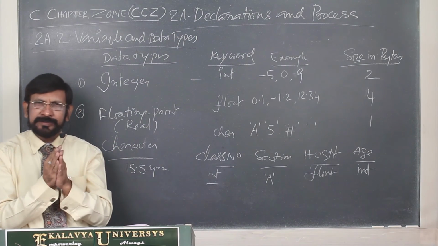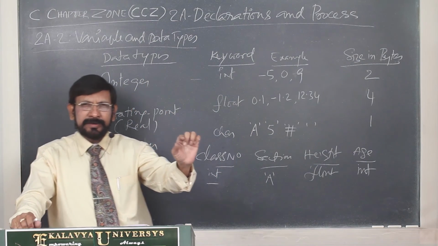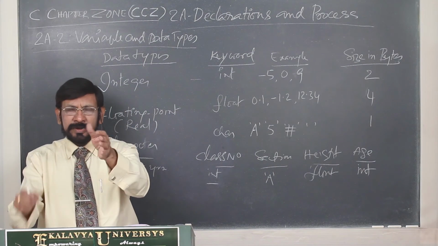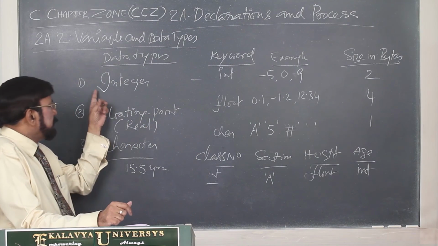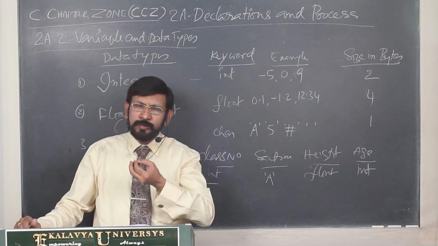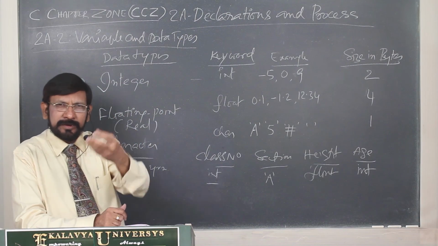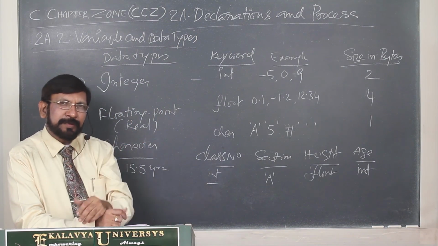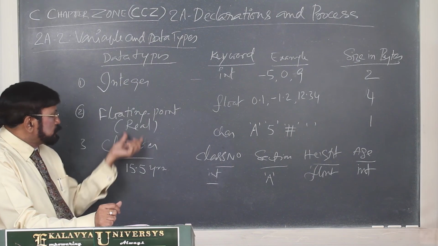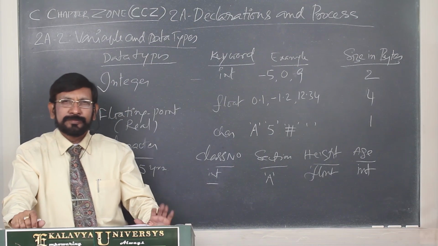So that is the relation between variable and data type. Once again, I conclude that we store our data items in the computer memory in the form of variables. Whenever you have to create a variable, first you have to choose the right data type. Data type is the type of the container. If you want to give me water, you choose a tumbler, a glass. If you want to give me tiffin, you select a plate. So before declaring a variable, you have to choose the type which is appropriate for the variable. This is the logic behind it.